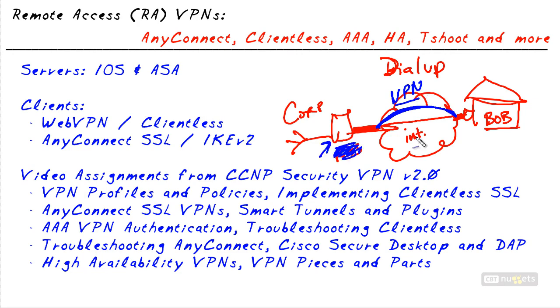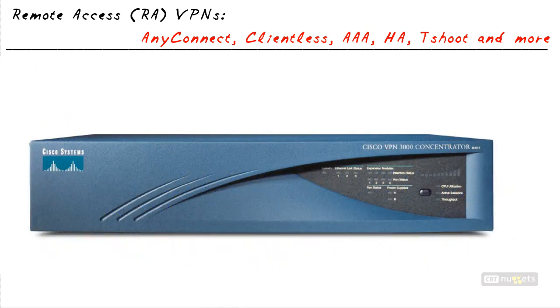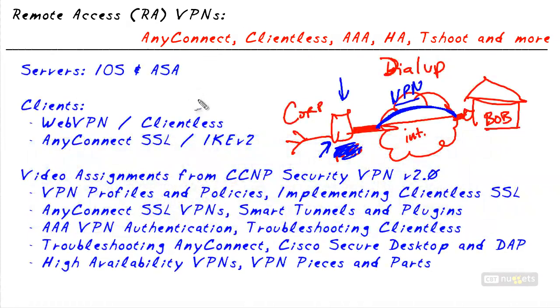Now we have a few options regarding what the device is at the headquarters site that can act as a termination point for the VPN tunnels. In the old days, we had a VPN concentrator, and you know what? It was fabulous. And as that got phased out, they moved most of that functionality over to the ASA. So it's very likely that our ASA may be the device doing termination of our IPsec and SSL VPNs. It's also possible to use IOS, although it's not highly favored because of the CPU required. But with the right license, a lot of those features can still be done with the IOS router as well,